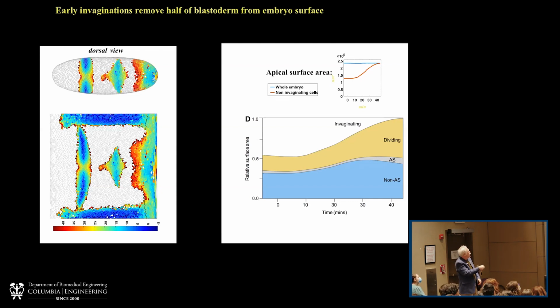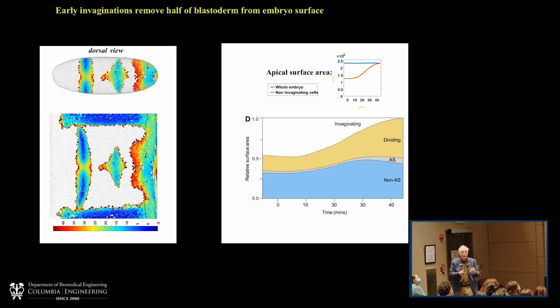And the ventral furrow cells, which we can't see from the dorsal view, this is a view where the embryo has been split open, so this is the ventral side of the embryo. These are the first cells to disappear from the surface. And then about 2 to 3 minutes later, a second fold occurs, and then a third fold. So cells are lost from the surface. Overall, in the first 40, 50 minutes of this gastrulation process, 50% of the surface of the embryo is internalized.